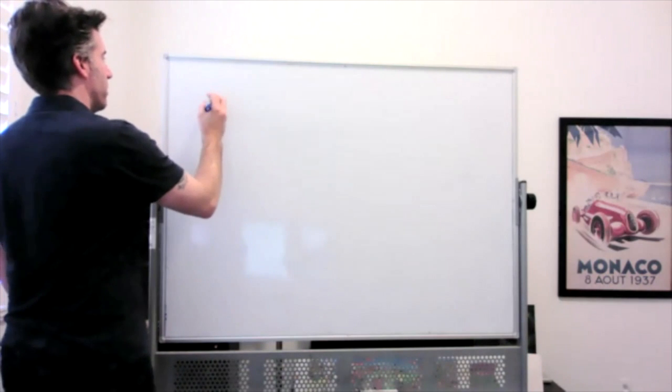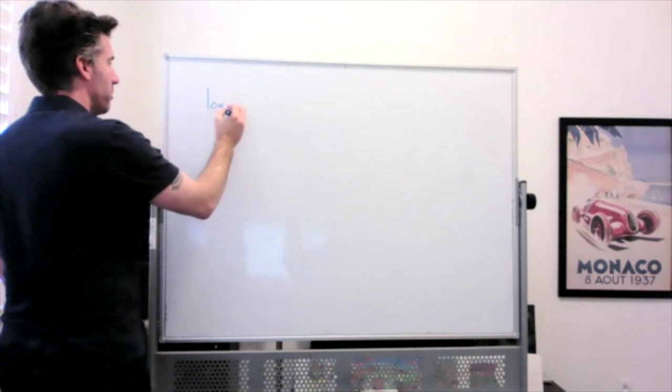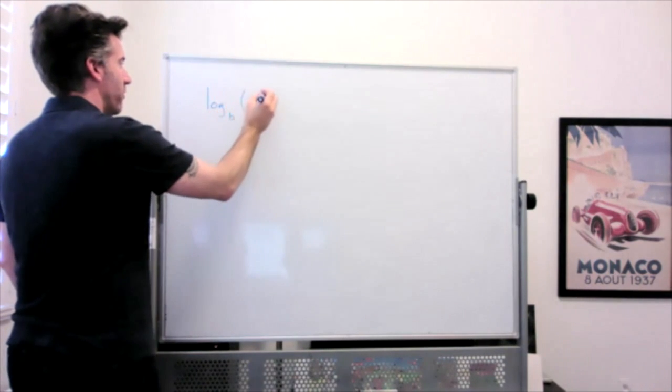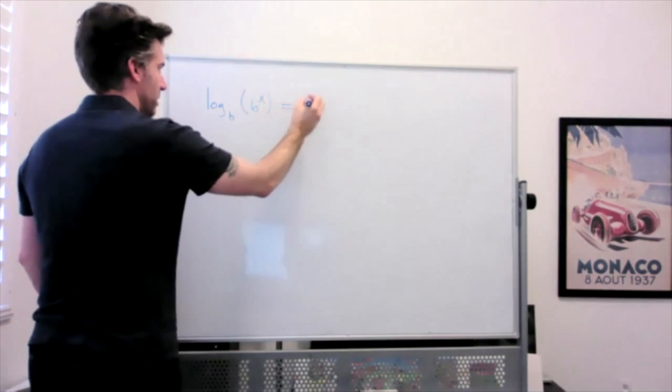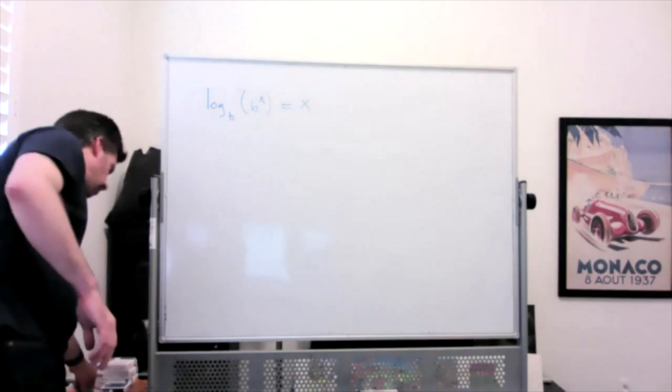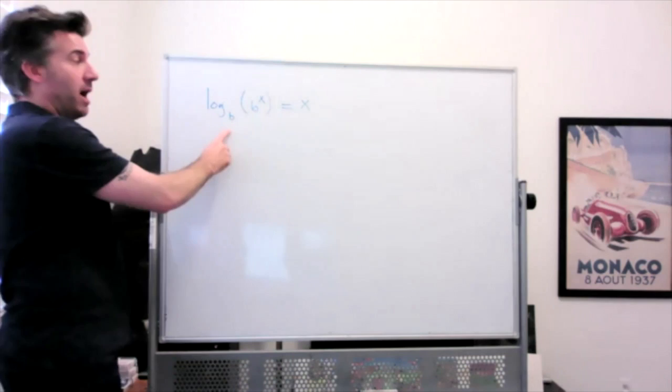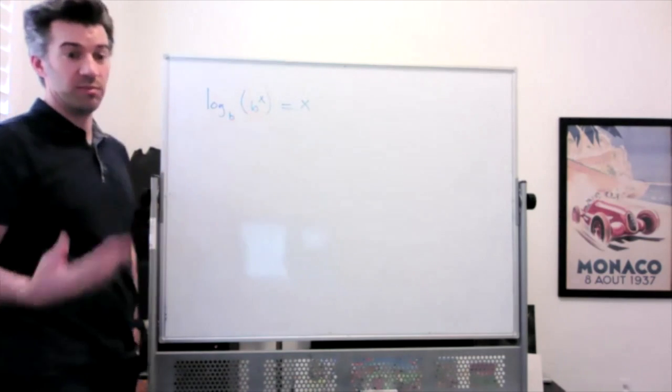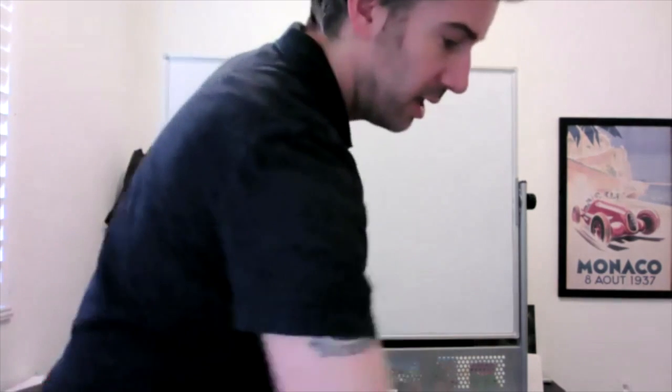If you have log base b of b to the x, that is equal to x, because we're saying b to what power equals b to the x. Well, of course, b to the x power equals b to the x. And the other,